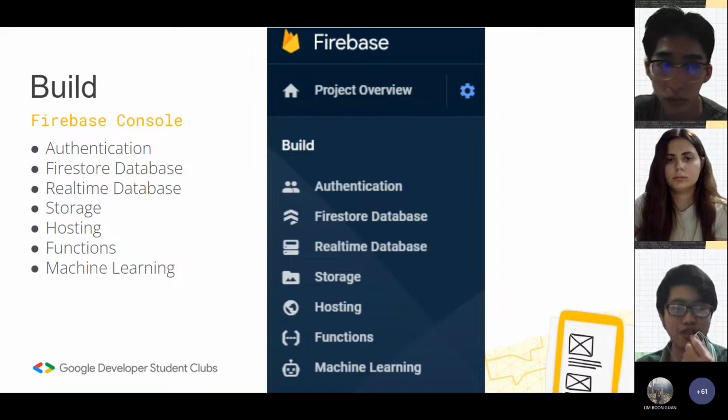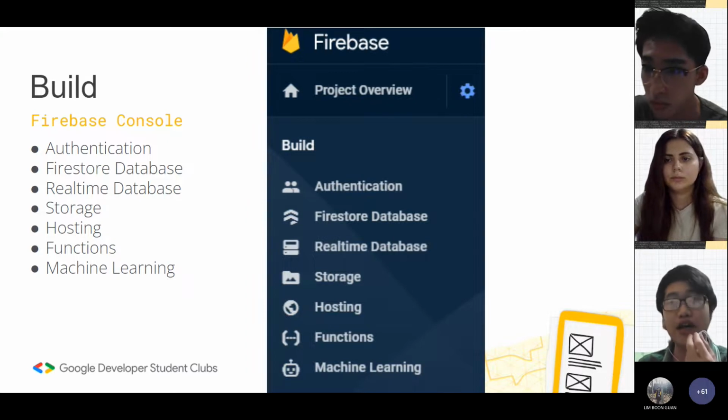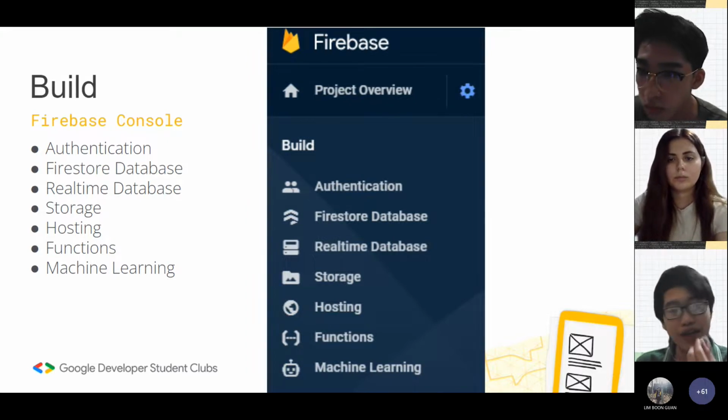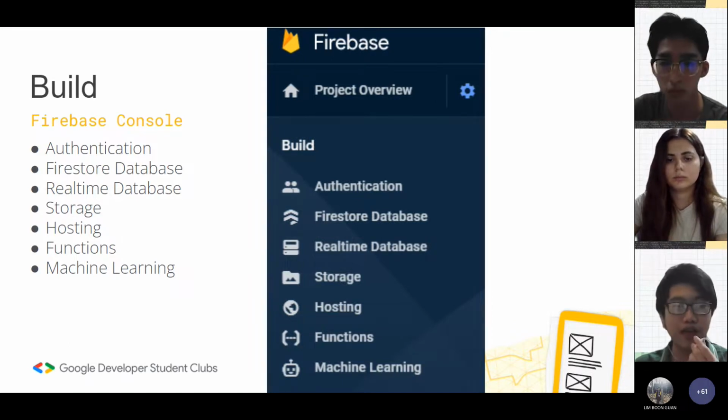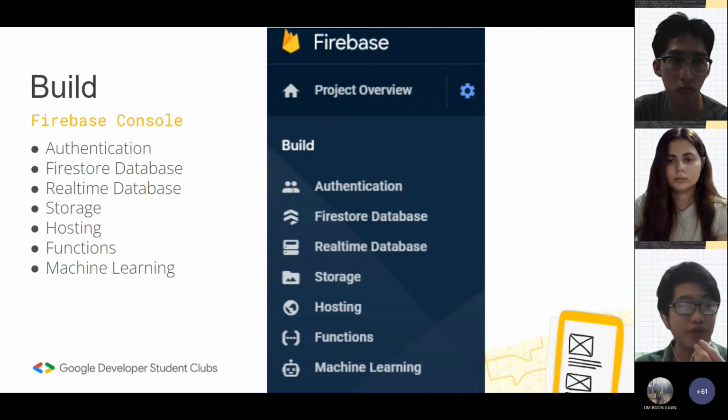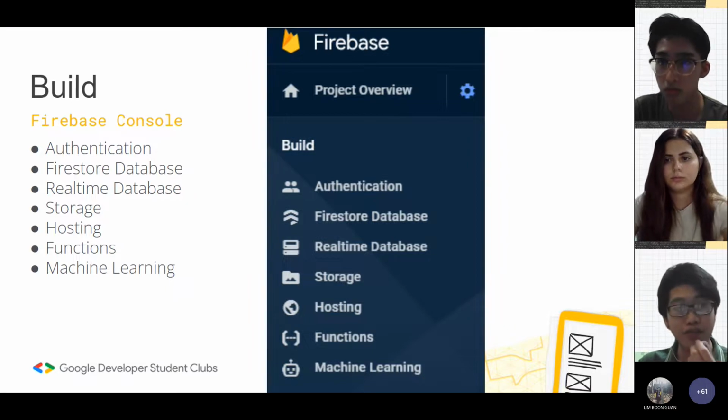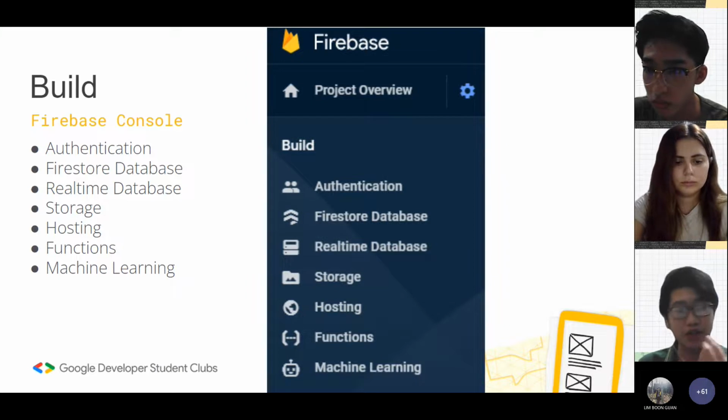And then of course you can change it so that you can sign in via, let's say, Facebook or even GitHub, or it's up to you. So you can control how your users, when using your app, can sign in. Then Firestore database and real-time database are two databases created in Firebase console for you to store your information, as well as storage. We'll talk about this later.